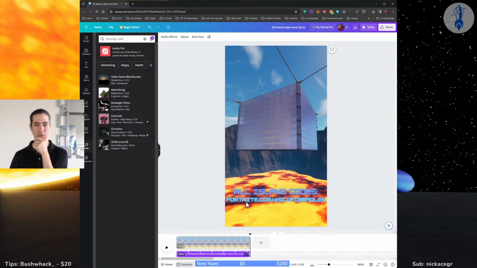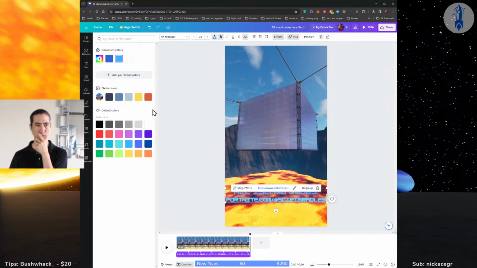How about now we change color on this one? It's that mixed background. It's like light and dark. It's kind of hard to get.